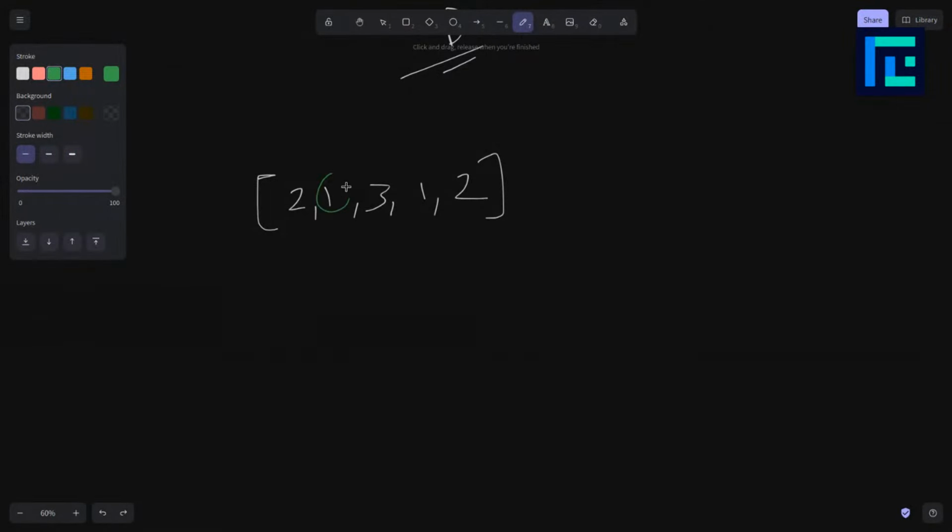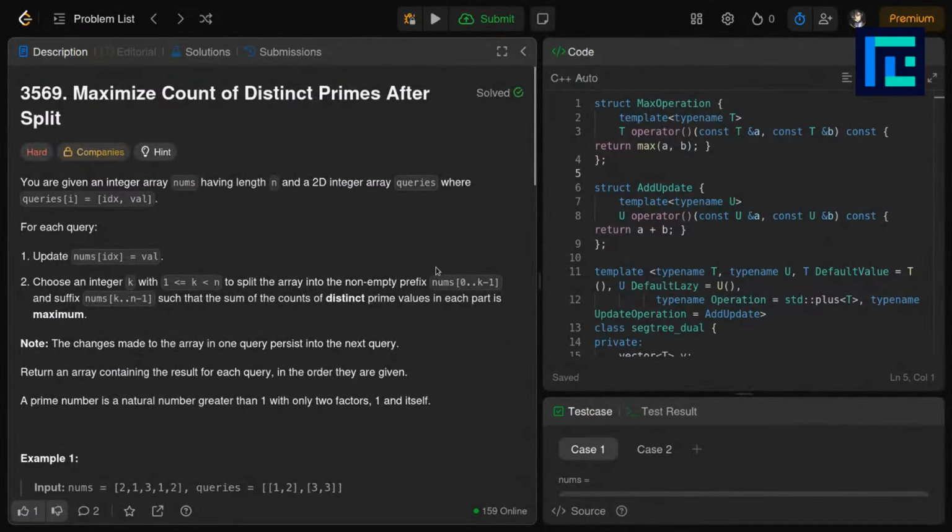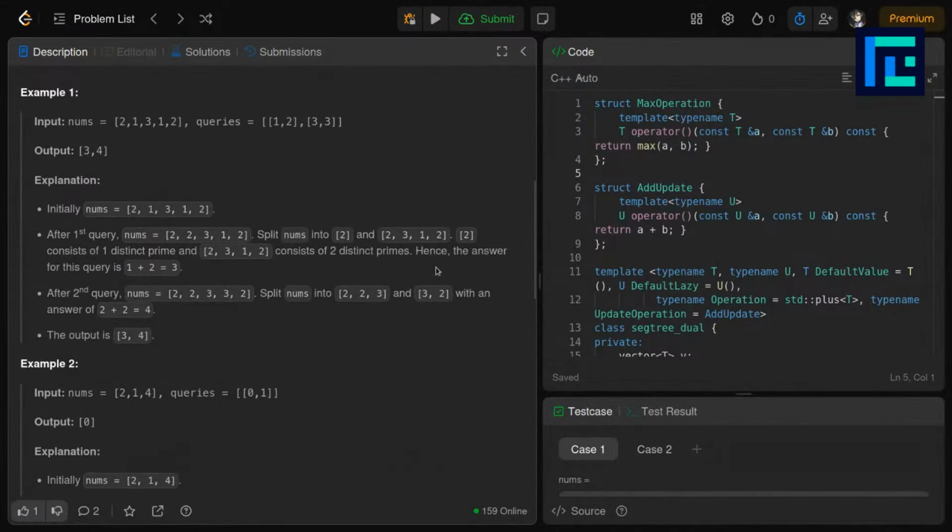So we update this to 2. So our new array basically becomes 2, 2, 3, 1, 2. And what is the best way of splitting here? Well, if you split like this, which last time was giving us 5, now it's going to give us 1 plus 3, which is 4. And if you observe,